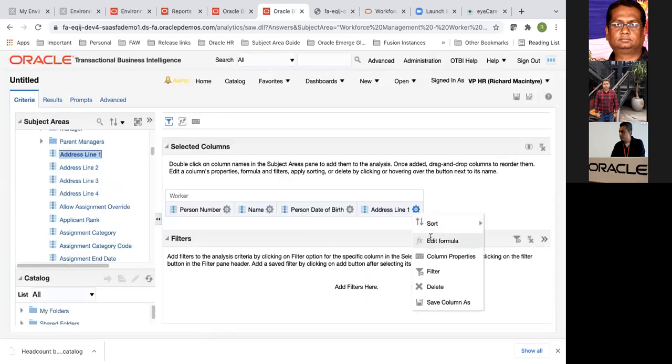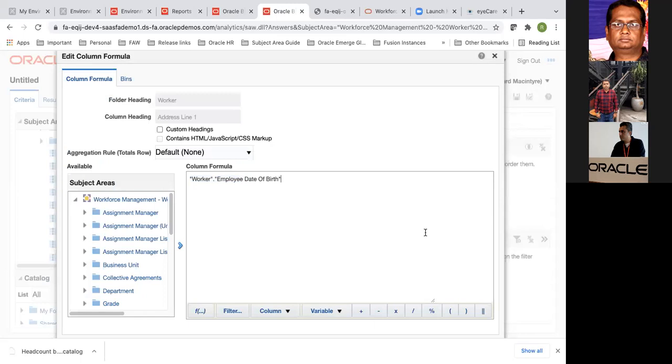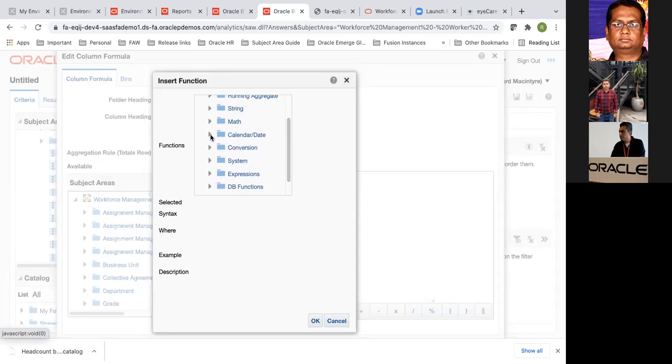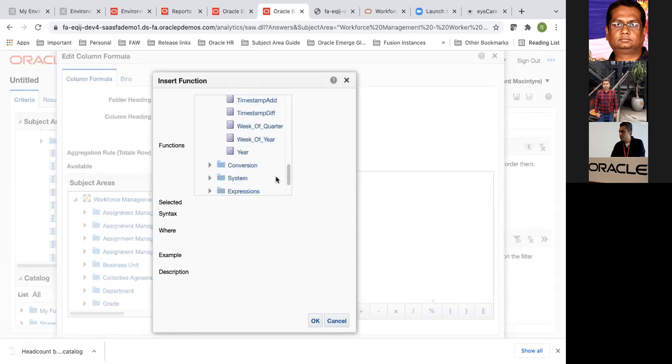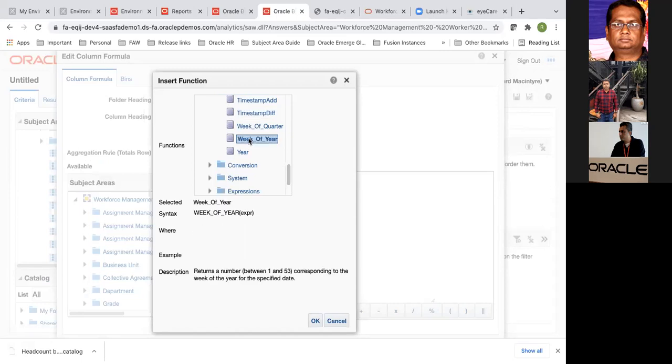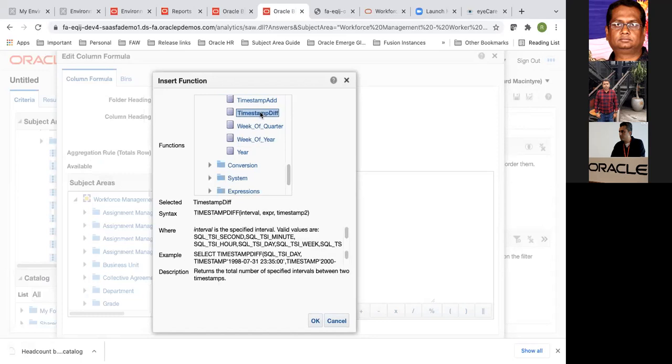I've added another column wherein I'll add this, and there are various functions available. You need to choose the function relevant to this date column. So it's called minus, basically the difference. I have something called timestamp diff. What each of the functions does is all displayed here. You could go through them, and based on your requirement, you could do that. So I'll say timestamp diff.